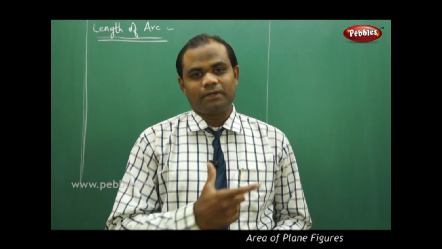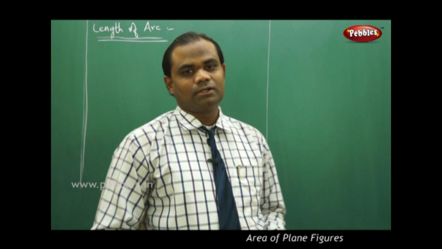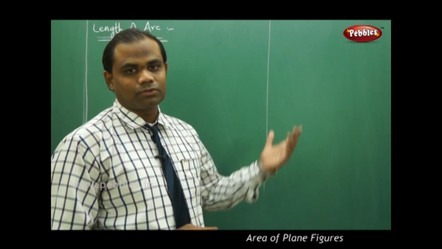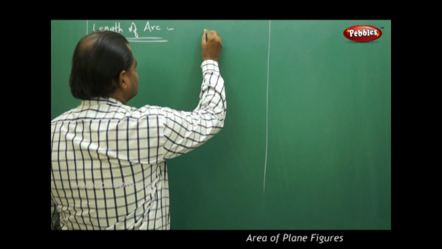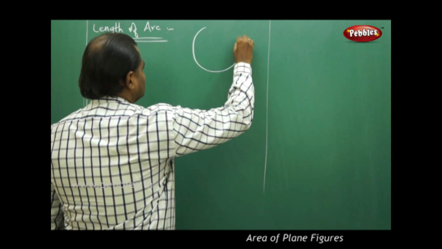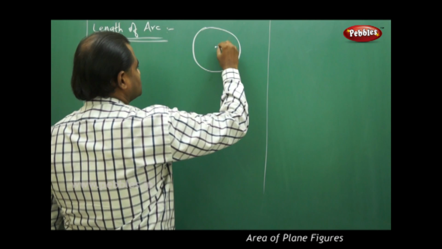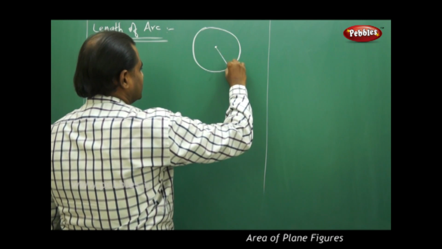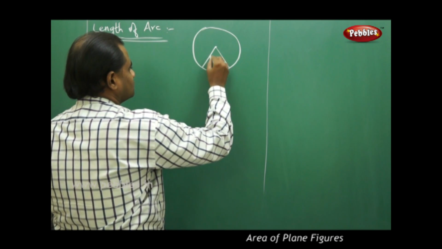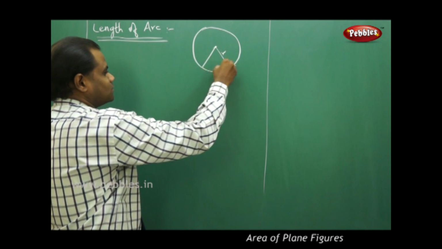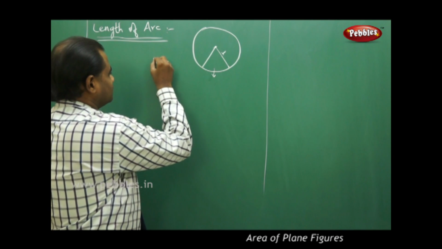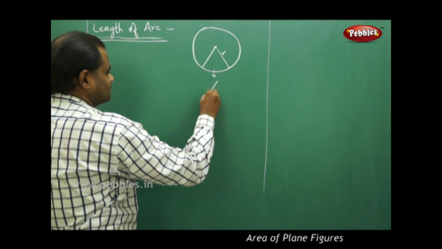Now before this, what is the length of the arc? It is part of the circumference which we identify in part of the circle. So let's see what an arc is through the geometrical concept. If I take a circle with center and a suitable radius, r, then from the center, if I join, this is the sector, and when I just extract the sector,